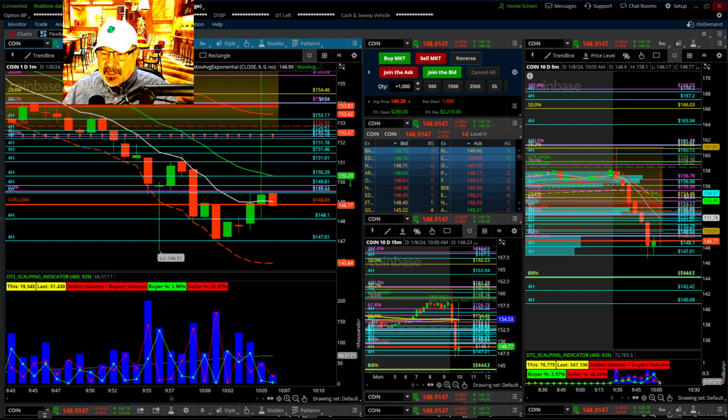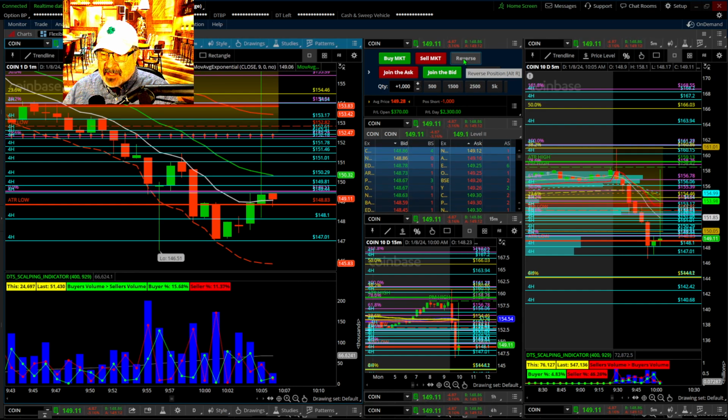So let's see if it's just going to go up and down in this channel here. There's quite a spread happening here with coins. So you're going to see if it's going to bounce off this ATR again. I'm going to ride this. This spread is pretty extreme, which is bothersome to me, but